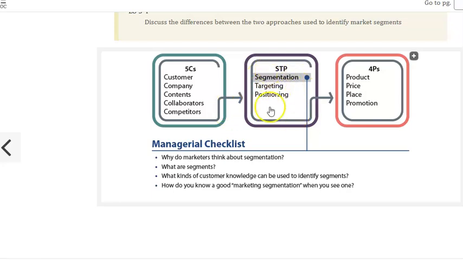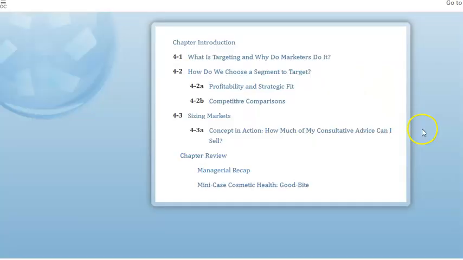And now in earnest, we're going to start building this plan, and these are the first steps you take: the STP stages, which are segmentation, targeting, and positioning. And then we move on to the more classic 4 P's of marketing, which is product, price, place, and promotion. We're going to talk about all these things in more detail, but keep this framework in mind. It's very helpful. Okay, so with that, learn about segmentation because it's a big part of what you're going to do in milestone 1. Let's take a look at chapter 4.